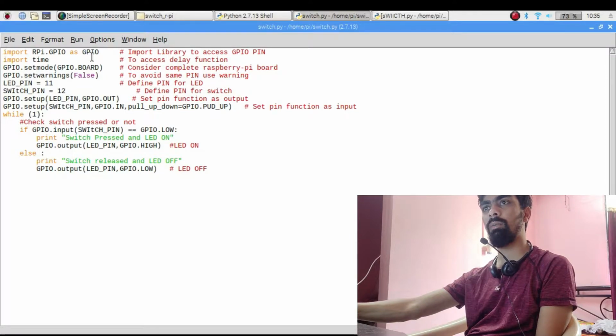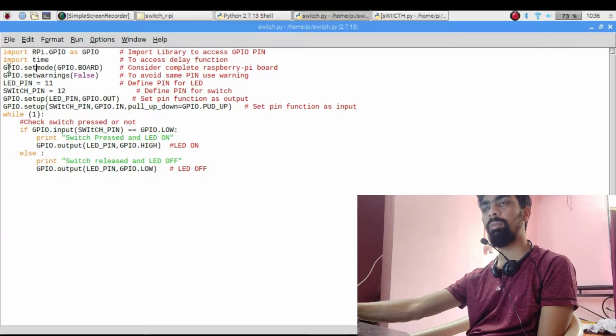After this we will go through it line by line and see what is important about each line. The first line is import RPi.GPIO. Basically, if you want to access the GPIO pins of the Raspberry Pi, you need to take permission first from the Raspberry Pi. To do that, there is the GPIO library that you have to import. This line is for that: import RPi.GPIO as GPIO. After that there is the time library. If you want to give any delay in between your program, you can use this time library.